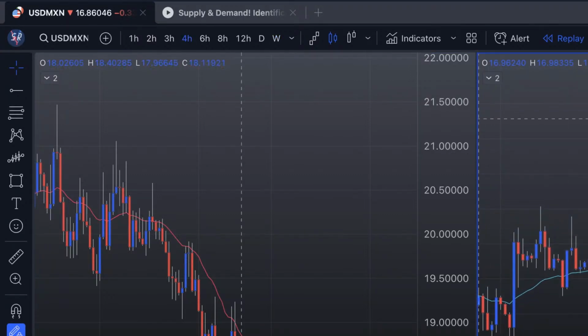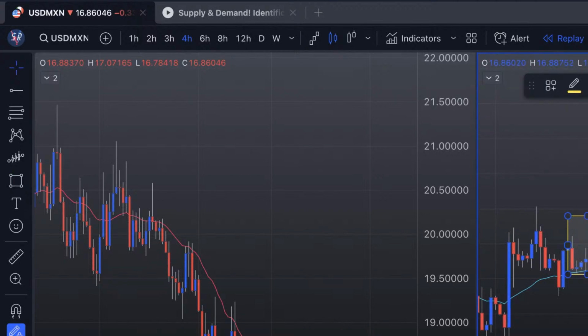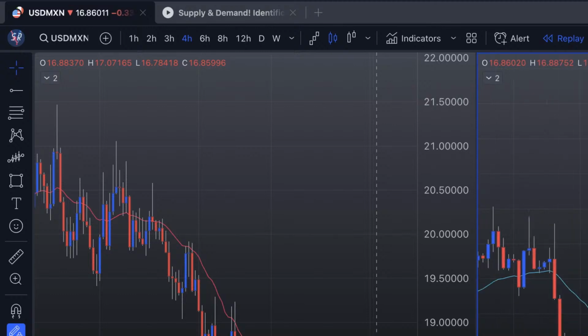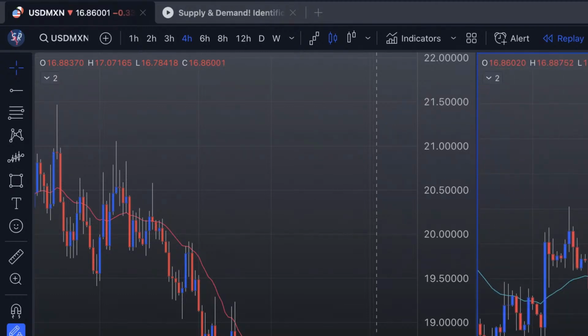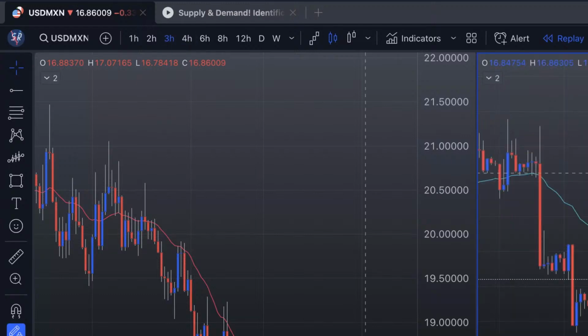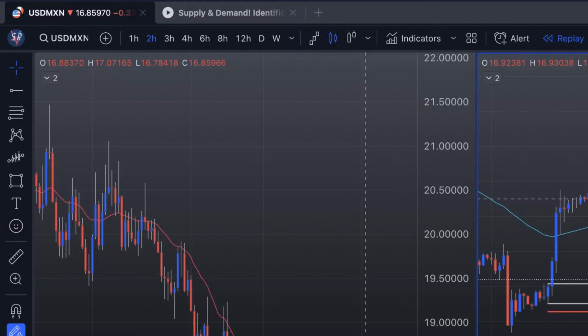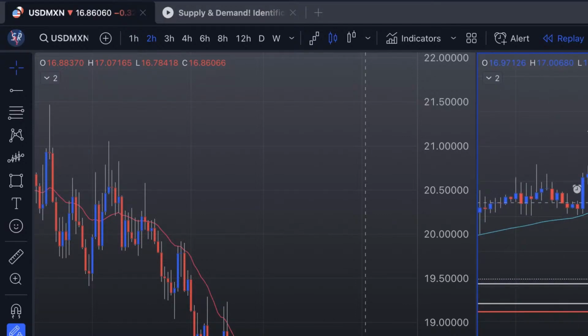Dollar peso, pretty weak, holding this supply here. It held right here, so I'm going to stay on the short side on this dollar peso. I might refine this zone up here, see if anything looks better. Yeah, I might avoid this. This is definitely a supply level here, but this supply level right here,